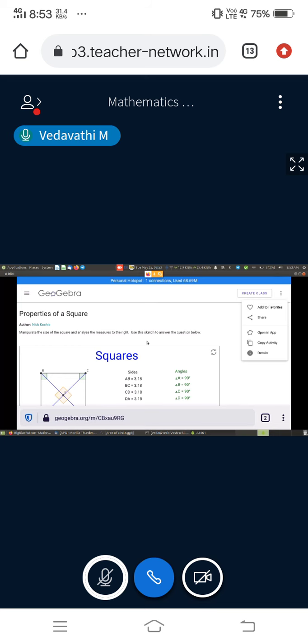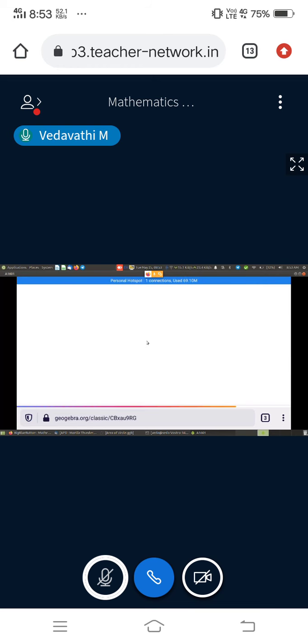Either I can open in app, or I can click on the details to download. If you want to see exactly what features they have used, other than seeing here, you can always open in your app. I'll show both of them. First I'll click on open in app. Sometimes the option open in app will not be seen, so you can always click on the details to download that.